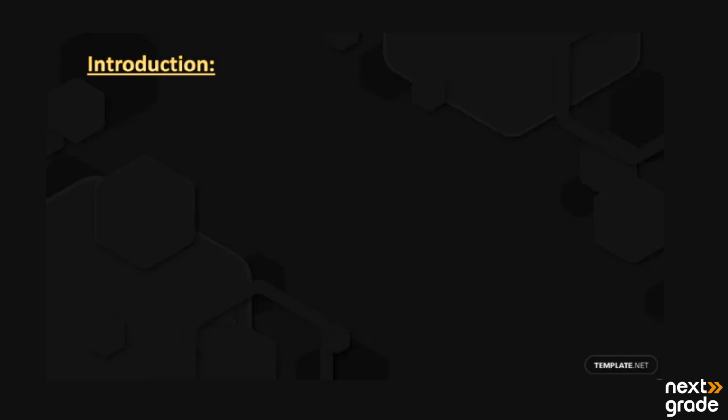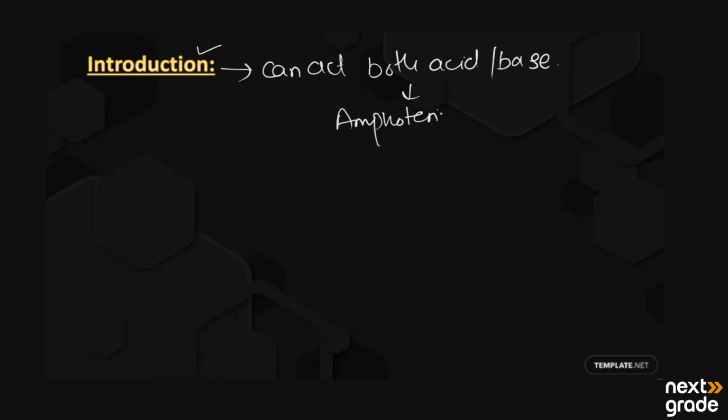Basically, amphoteric substances can be explained as the substances that can act like both acid as well as base. These substances are known as amphoteric substances. Amphoteric substances can act both like acid as well as base. It means if we are using the definitions of acid and bases, they can accept or they can donate the